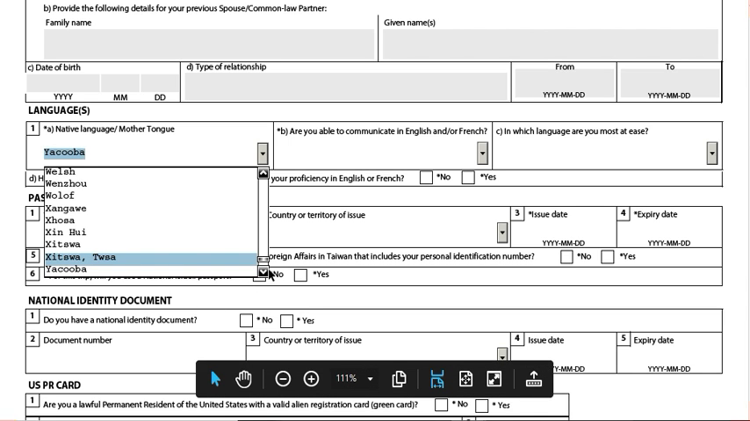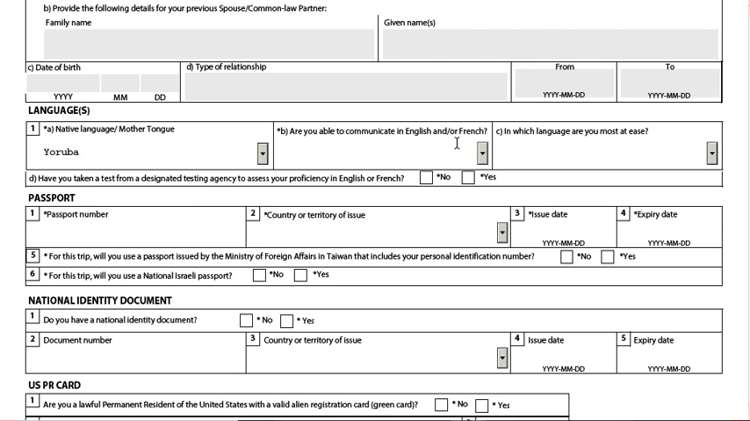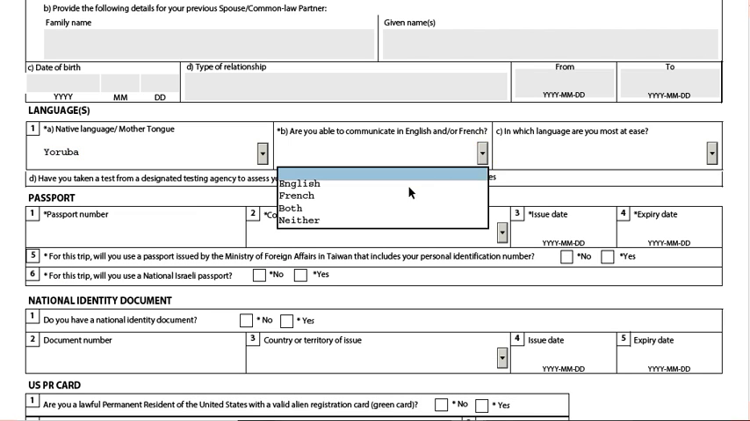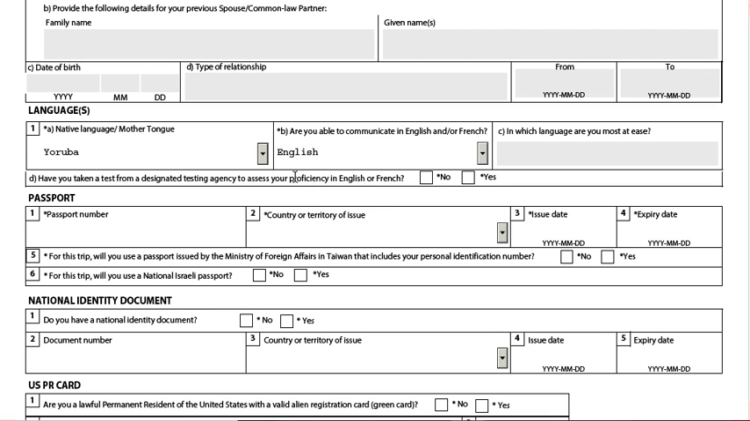So I'm going with Yoruba for Mrs. Thomas. Then, are you able to communicate in English and/or French? If yes, you can pick both. If just one language, then pick any one. I'm going with English for Mrs. Thomas here. So, have you taken a test from a designated testing agency to assess your proficiency in English or